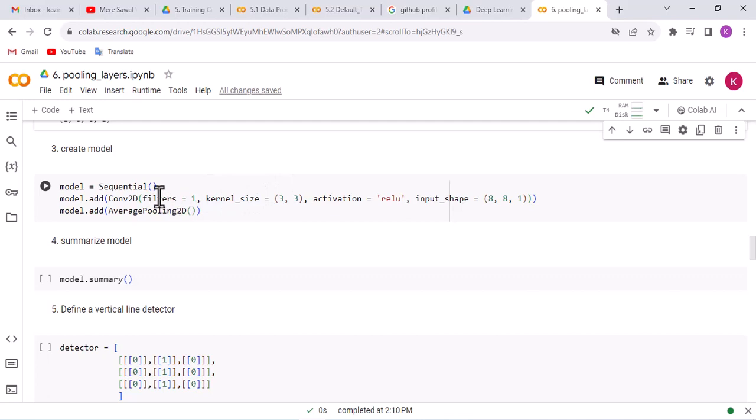But it is a best order. You can write the filters parameter first, and then kernel size, and then activation, and then input_shape. This is the shape of our input data, and then we apply on it